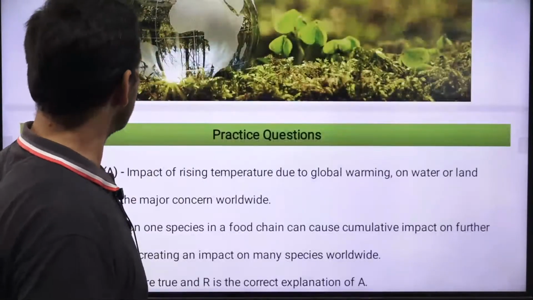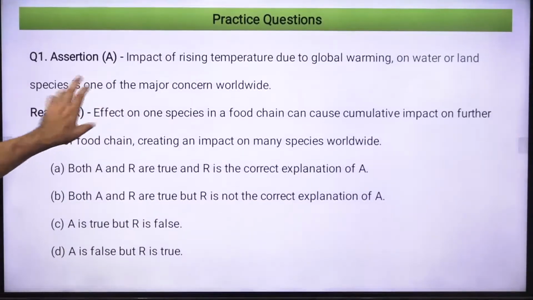And here's the first question for you. Just try to understand this question properly and try to find the right answer. What could be the possible right answer? Just take 1 minute, then I will explain. So first you need to try by yourself. Read these statements carefully and then try to interpret on the right lines. Okay, let me now explain.